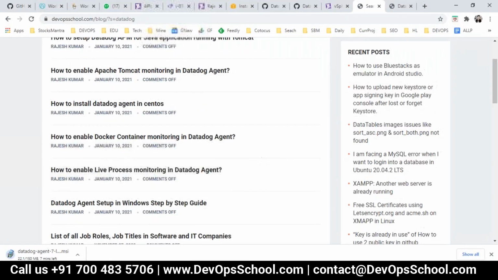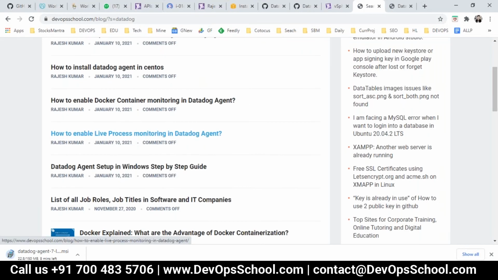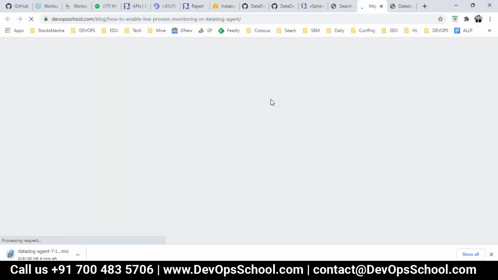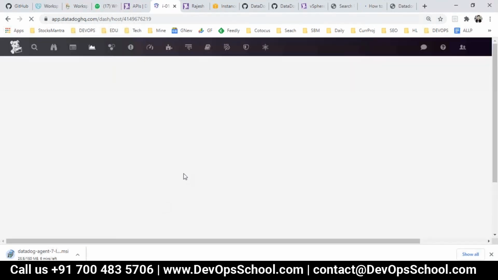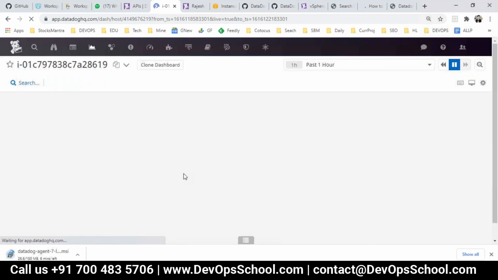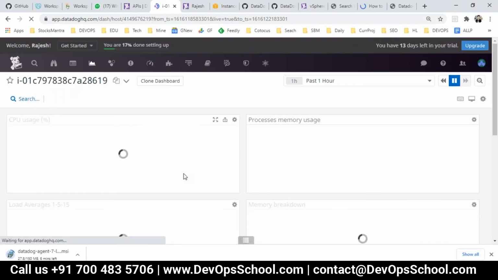Now, how to enable live process monitoring in the Datadog agent? This tutorial you can refer to. It's just one simple tweaking. It's not very difficult. In which file? The datadog.yaml file.